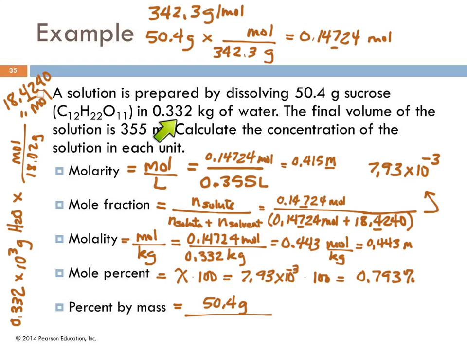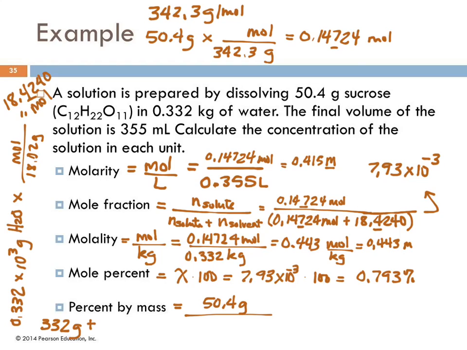Yeah, we have to add the mass of the solvent and the mass of the solute. They gave us the pieces, they didn't put them together for us, because this is a big jigsaw puzzle. And one's in grams and one's in kilograms, so we have to be careful when we add those together. Since the numerator is in grams, let's do the denominator in grams as well. So 0.332 kilograms is 332 grams